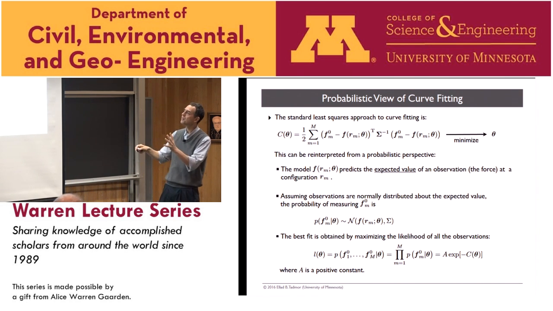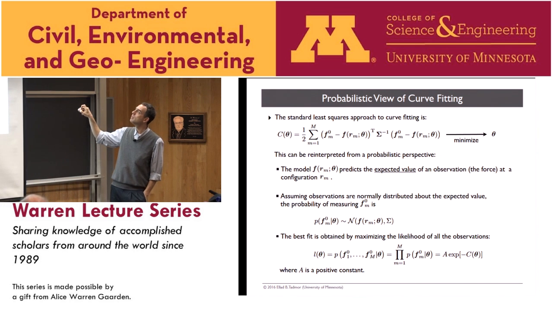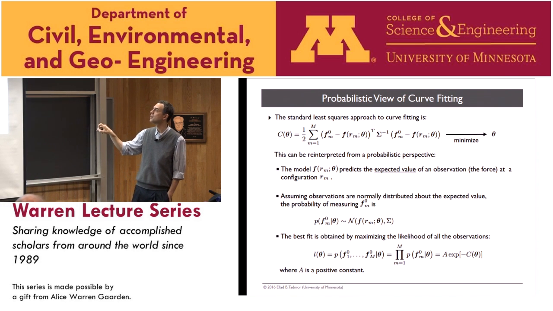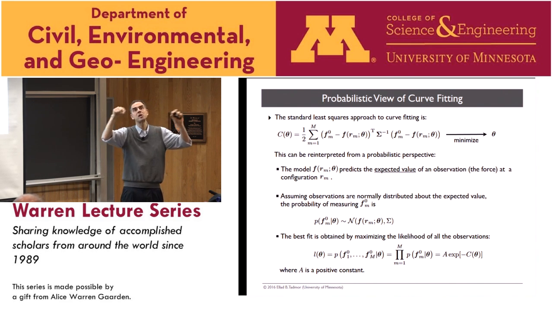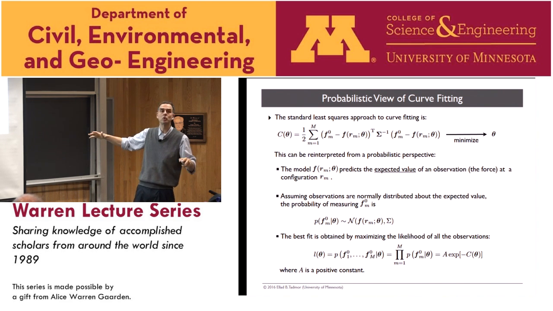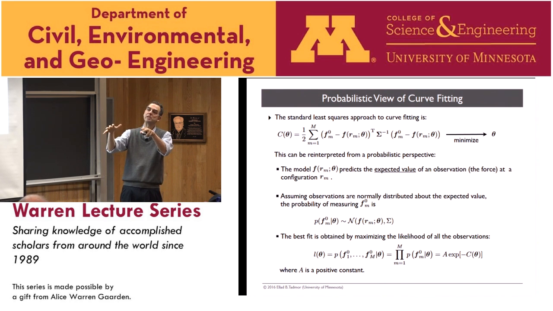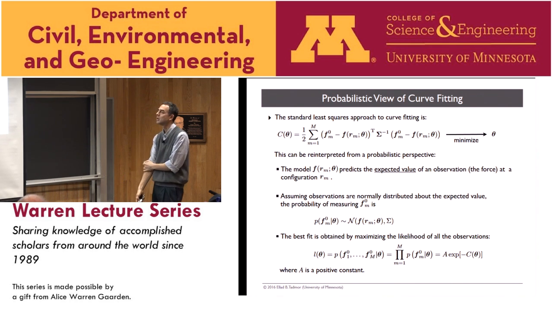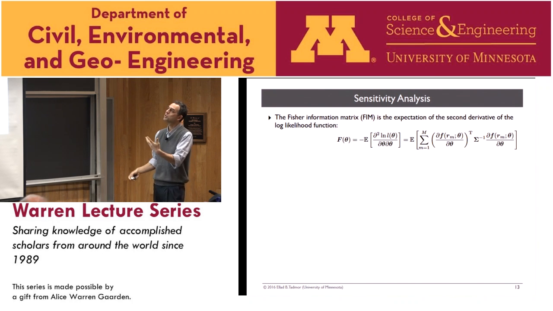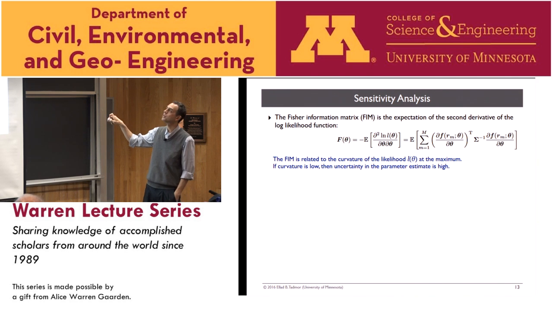So it's a different way of thinking. Rather than thinking of minimizing a cost function, you can think of this as trying to maximize the likelihood. It's maximizing the likelihood that these observations were measured given your model. And you're trying to maximize it because then your model is in best agreement as possible with the observations that you have. So now what you can do is compute something called the Fisher information matrix.